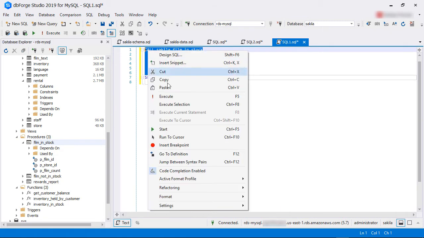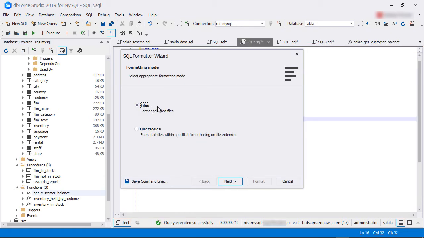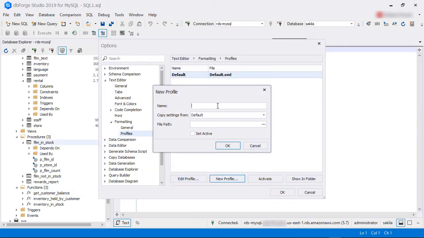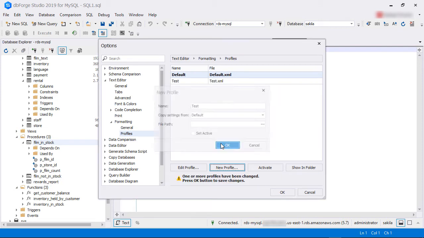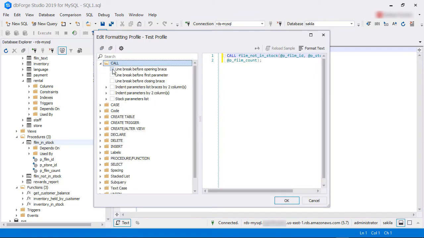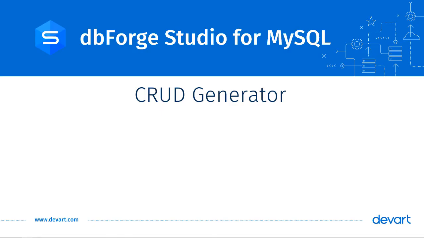Development teams often follow coding standards that specify formatting styles. You can use the formatting tool in dbForge Studio to apply default formatting to your code or use custom formatting that your team uses. You can apply those formatting in bulk to multiple files or even folders. Another cool feature is the ability to use different formatting profiles. With multiple formatting profiles, developers can apply one profile when writing code for testing and another profile when the code is ready to be deployed. Even if you prefer using your own coding style, you can apply your team's formatting profiles when the code is ready to be shipped.